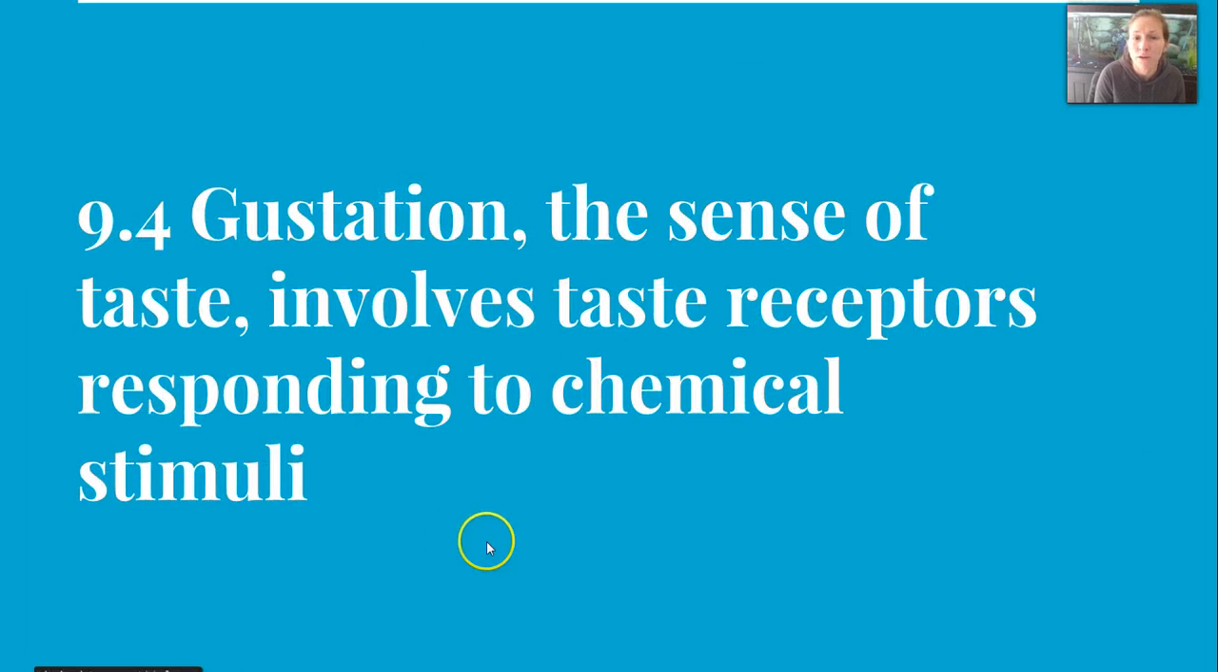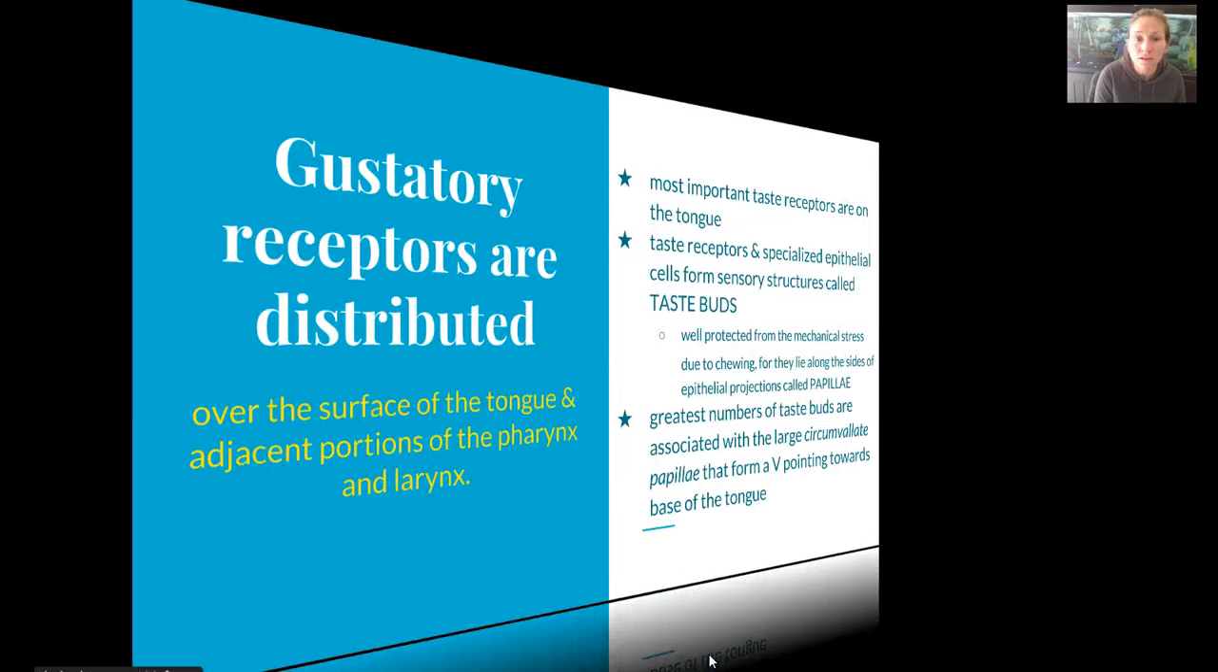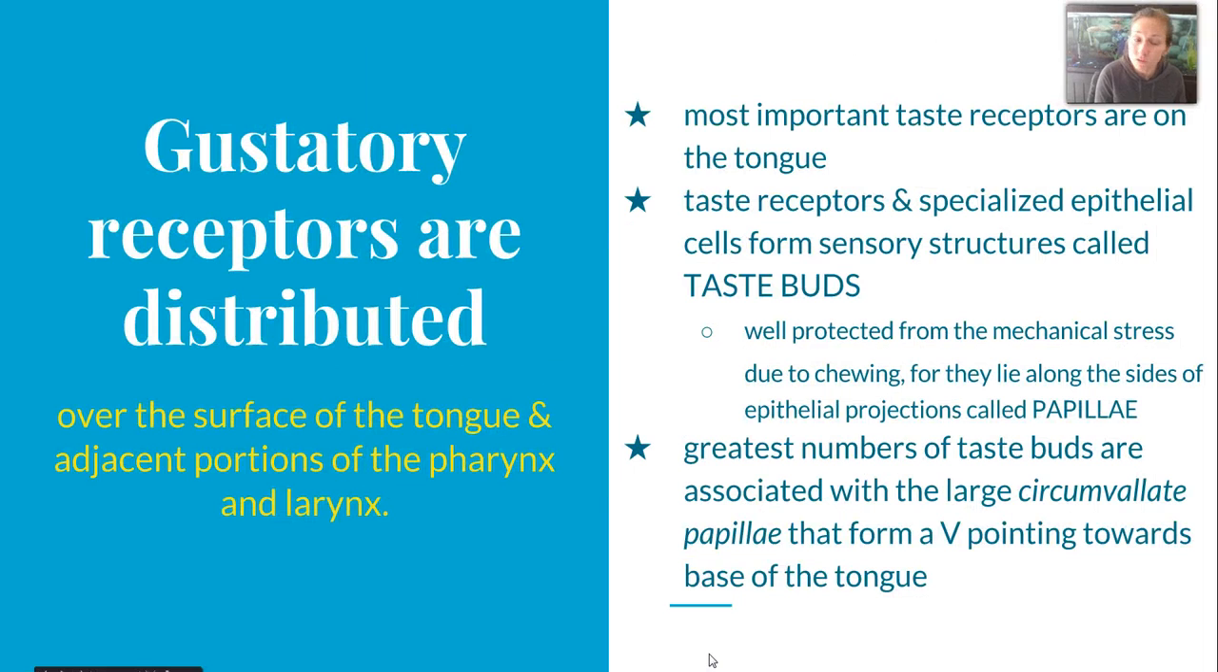All right, the last thing we're going to talk about is gustation, which is our sense of taste. And gustatory receptors are distributed over the surface of the tongue, adjacent portions of the pharynx and the larynx. The most important taste receptors are on our tongue. And these taste receptors and specialized epithelial cells actually form our sensory structures we call taste buds. They're well protected from mechanical stress due to chewing. They lie along the sides of the epithelial projections we know as papillae. The greatest number of taste buds are associated with the large circumvallate papillae that form a V pointing towards